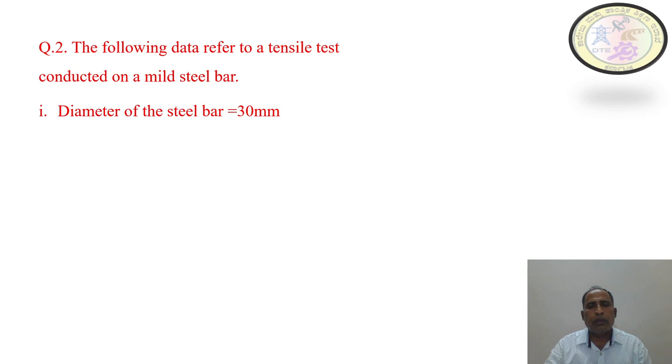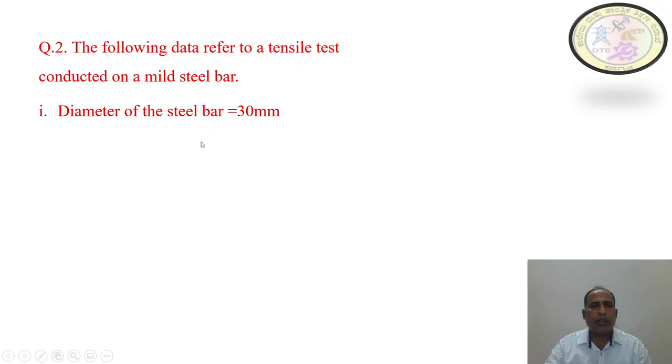So the load value at different points divided by the cross sectional area will give us the stresses at various points, and the change in length at various points divided by original length gives us the strain values at different points. So these stress values and the strain values are used to draw a curve that is known as the stress strain diagram. While conducting the test, some of the readings have been recorded on a mild steel bar until it breaks into two pieces.